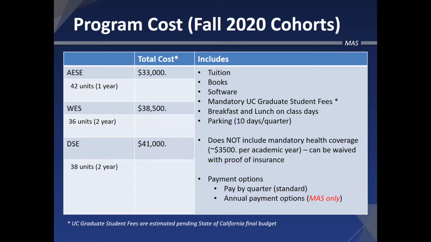Traditionally, all of UCSD has the same payment plan, which is pay by quarter. Usually the tuition is due 3 weeks before the start of each quarter. Unique to the MAS degree programs is we actually have some payment plan options which coordinate with how different individuals are reimbursed from their companies for participating in the program.